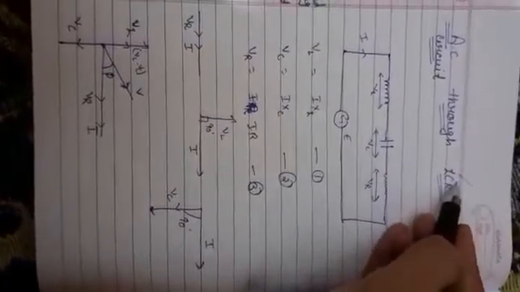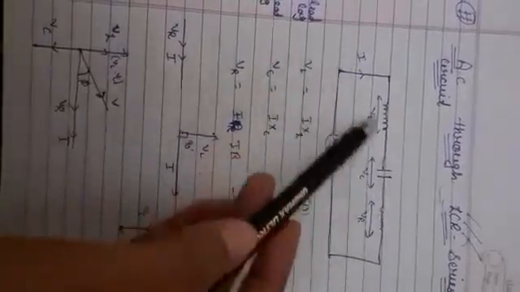Morning students. Today we are going to start a very important topic, that is AC, alternating current, through an LCR series circuit, where L stands for inductor, C stands for capacitor, R stands for resistor, and we have to combine these in series combination. You can see here I have inductor, capacitor and the resistor. As they are connected in series, the amount of current which will flow through this circuit will be the same.